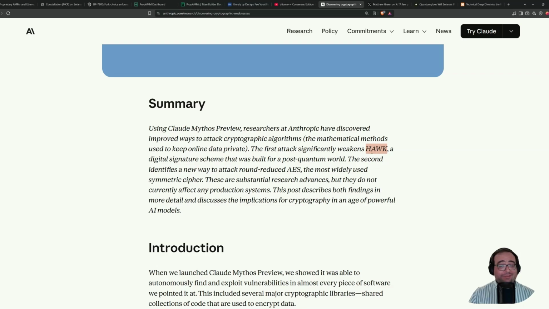And Hawk was considered nice because it's also lattice-based crypto like Falcon and Dilithium. But the nice thing about Hawk was that it used only integers, not floating point arithmetic, and this was supposed to make the implementation more reliable, or anyway less prone to bugs, easier to verify, and so on. Hawk was a strong candidate with nice properties, but